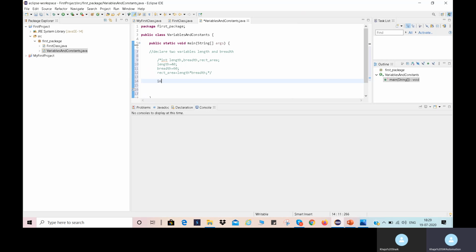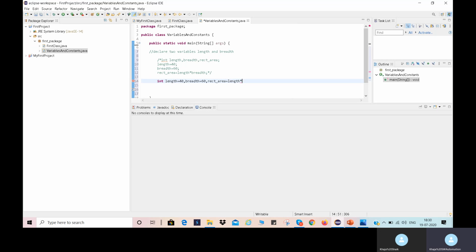Let us suppose I'm declaring like this: int length equal to 40, breadth equal to 60, rect underscore area equal to length into breadth, right?